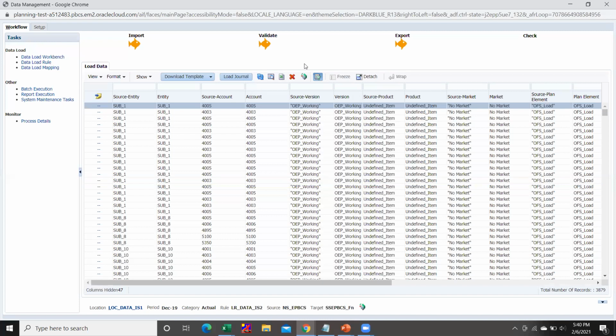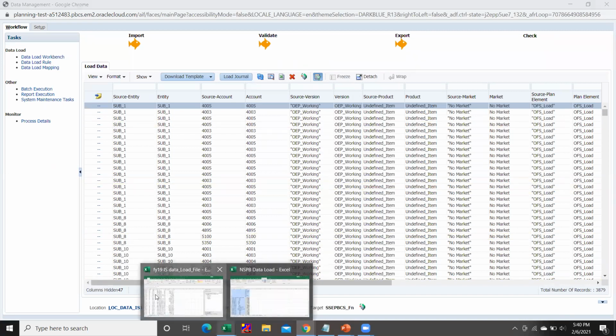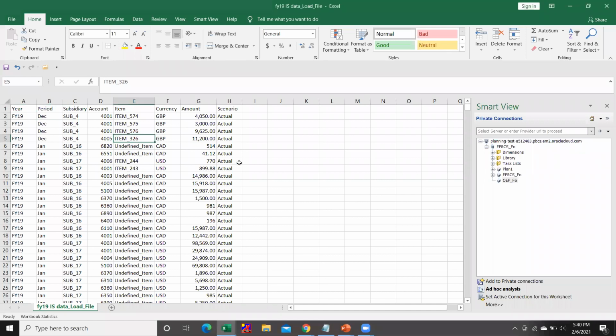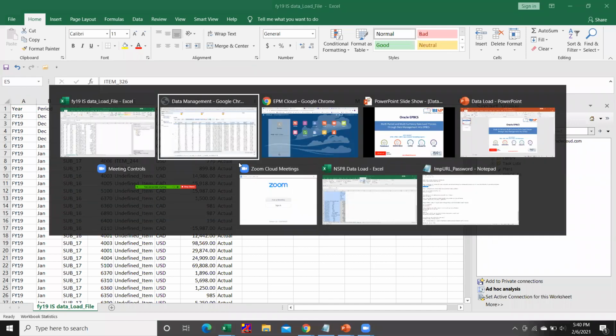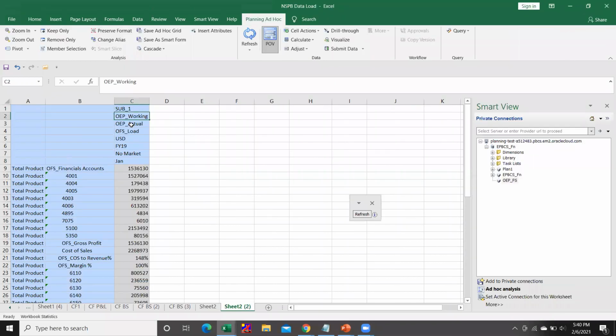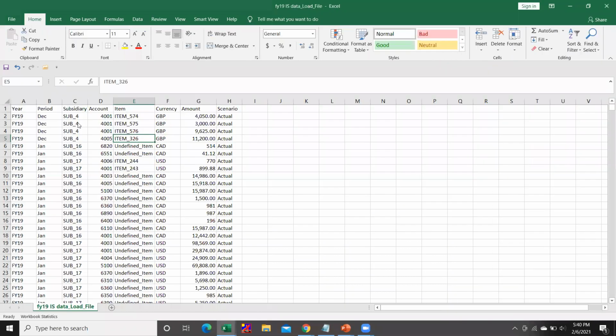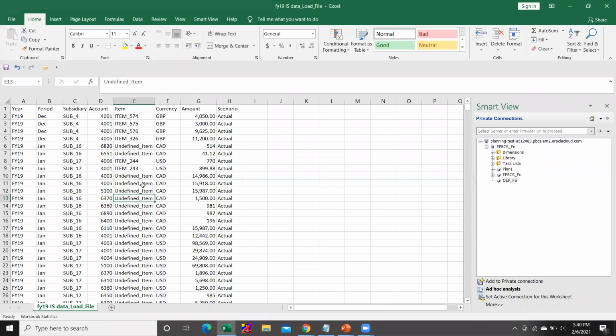So now let's check the file we have loaded into our application through Smart View. I have already checked the loaded file with the help of Smart View for one entity. Let's check for another entity. Suppose we are checking against the entity sub_16 having a currency of CAD.